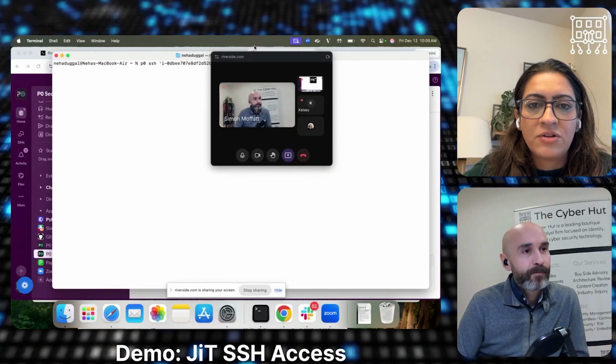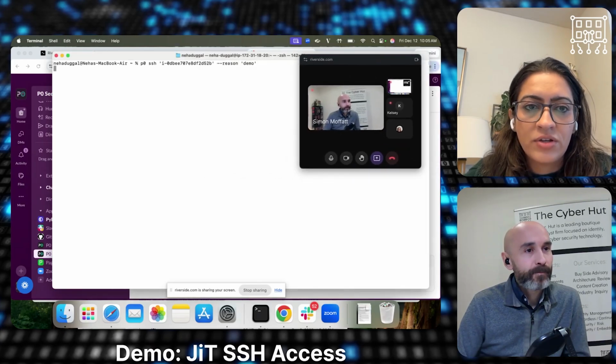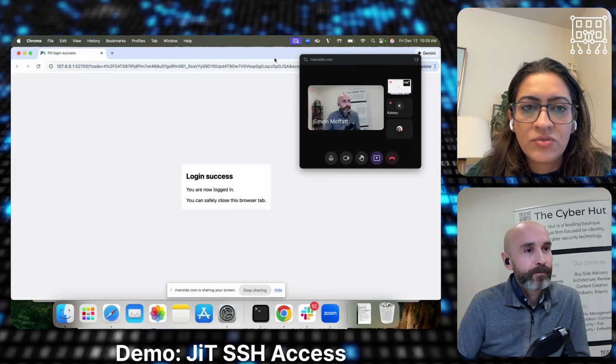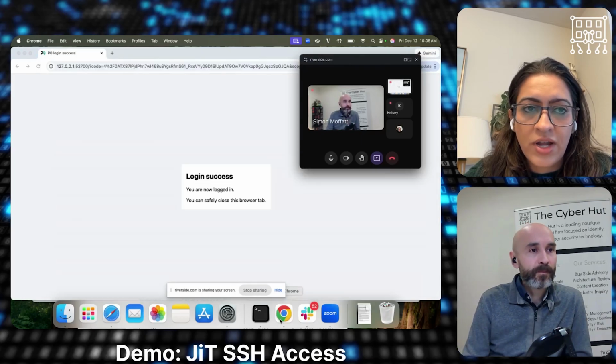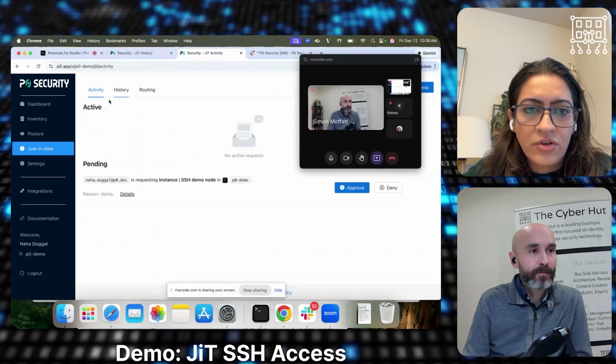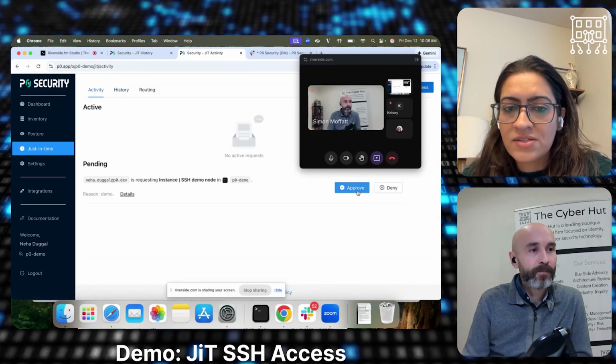Yeah, sure. So I'm going to start my demo here. Hold on. So this is my terminal. I'm trying to get access into one of the EC2 instances on the cloud here. You can see it's very similar to the workflow that I had for cloud entitlements here with SSH. This gets recorded as an SSH call. If you go here, you can see that I am requesting access for an SSH node.